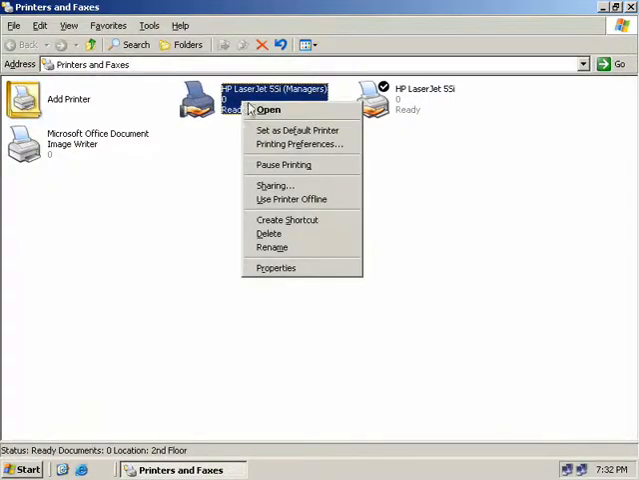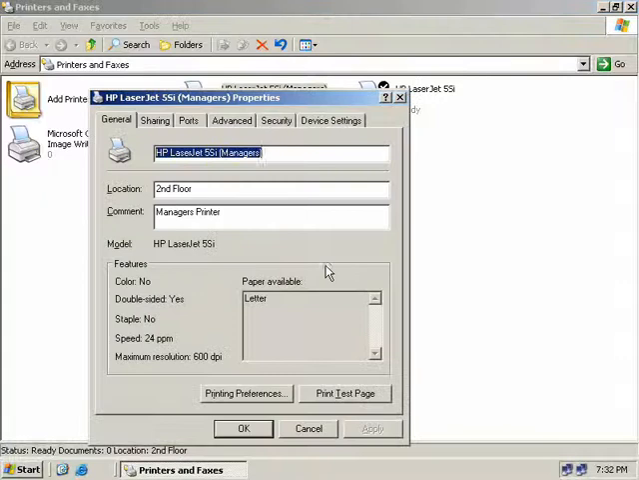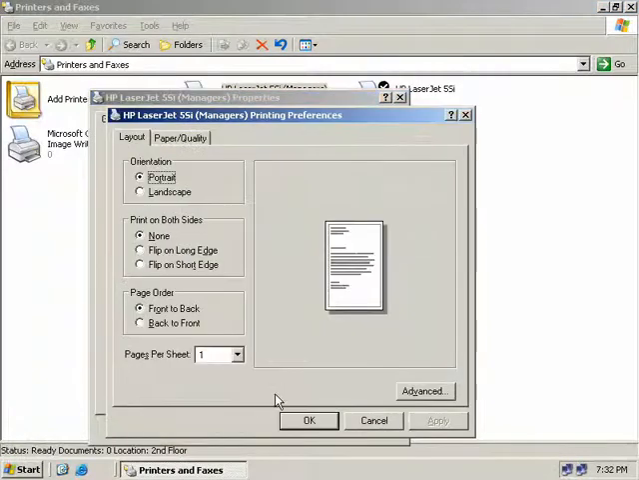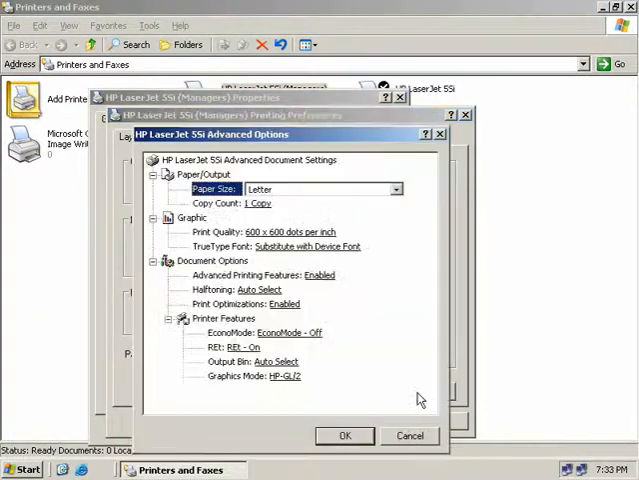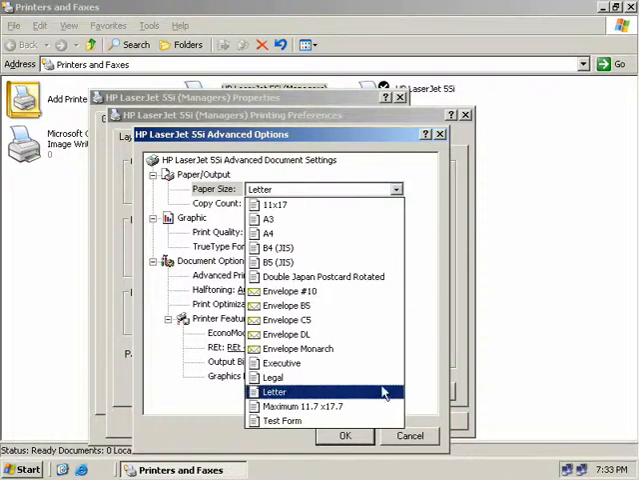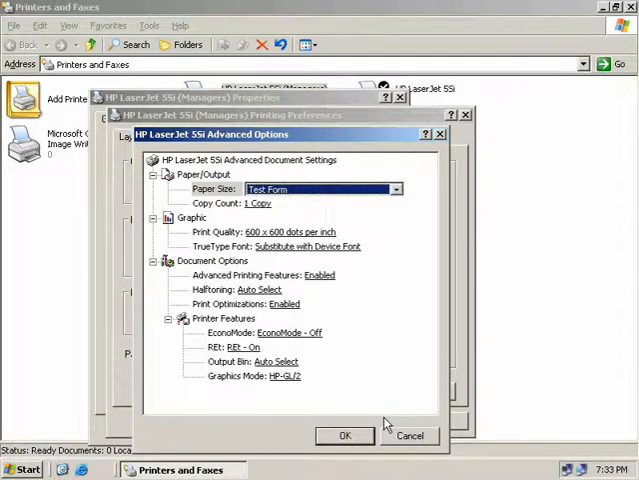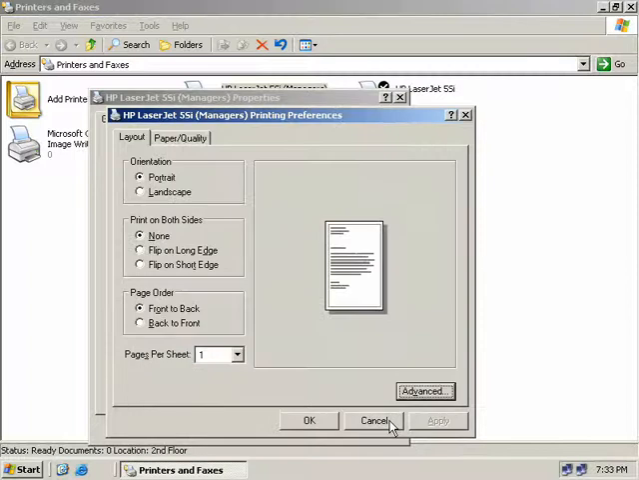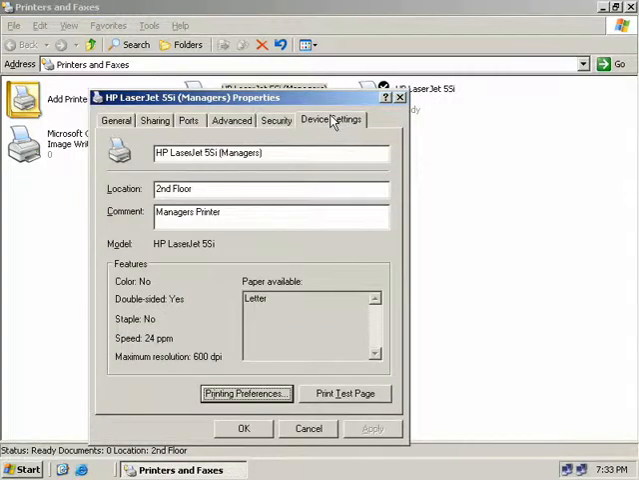Now if I go and right click on my printer again and select Properties, followed by the Printing Preferences button, and then click on the Advanced button, I can now change the paper size to my test form. Now it is unlikely that you will set a default paper size to a custom size for the entire printer, so what I'll do is I'll cancel this and we'll choose Cancel again, and then we'll come up here to